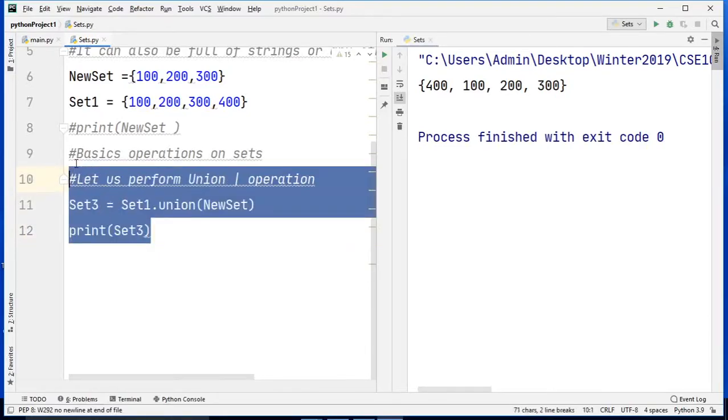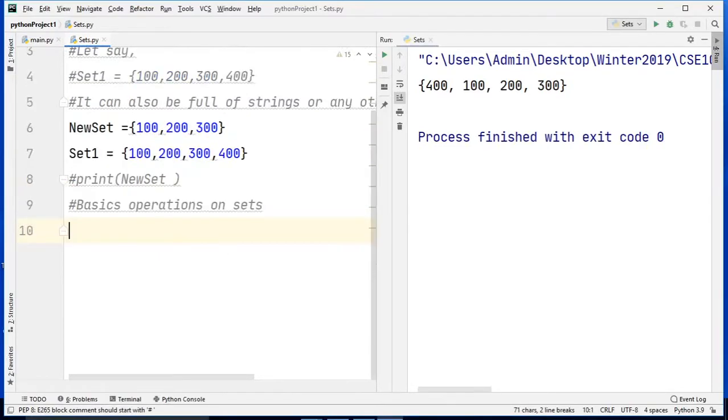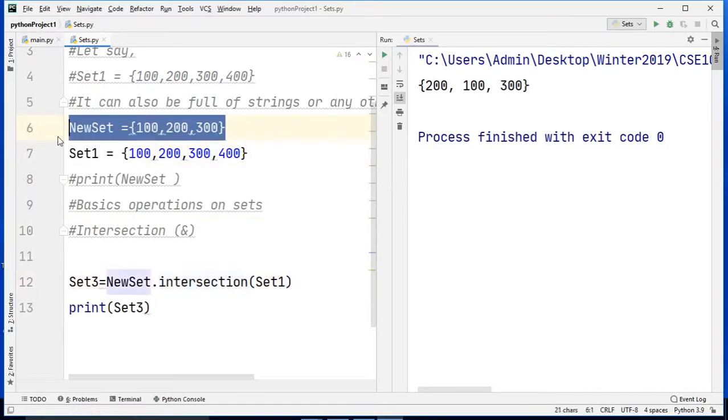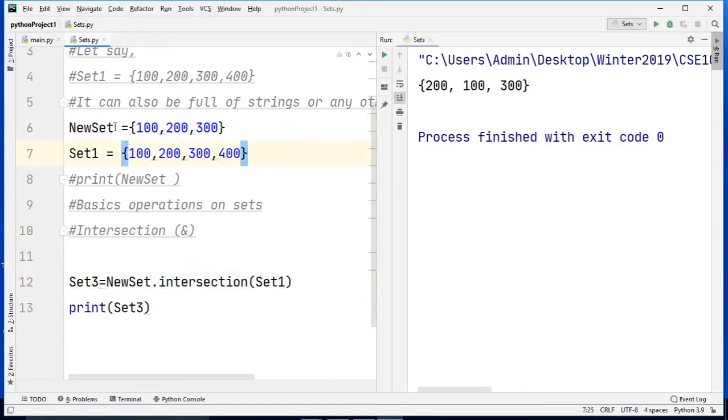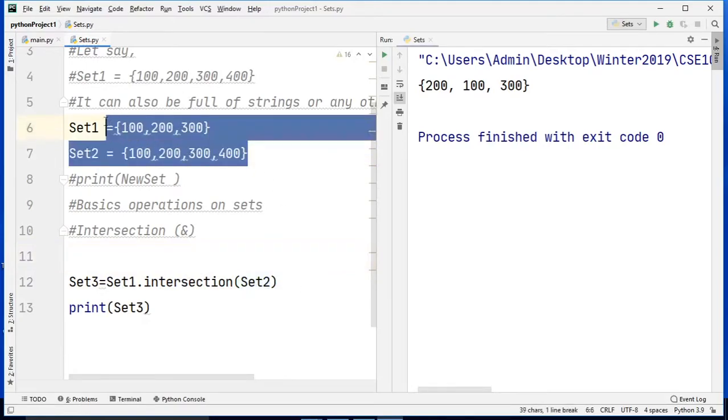Next, so here this is my one set, this is another set, or we can call it set 1. This is, let us say, set 1, and this is set 2. So these two sets we are intersecting.